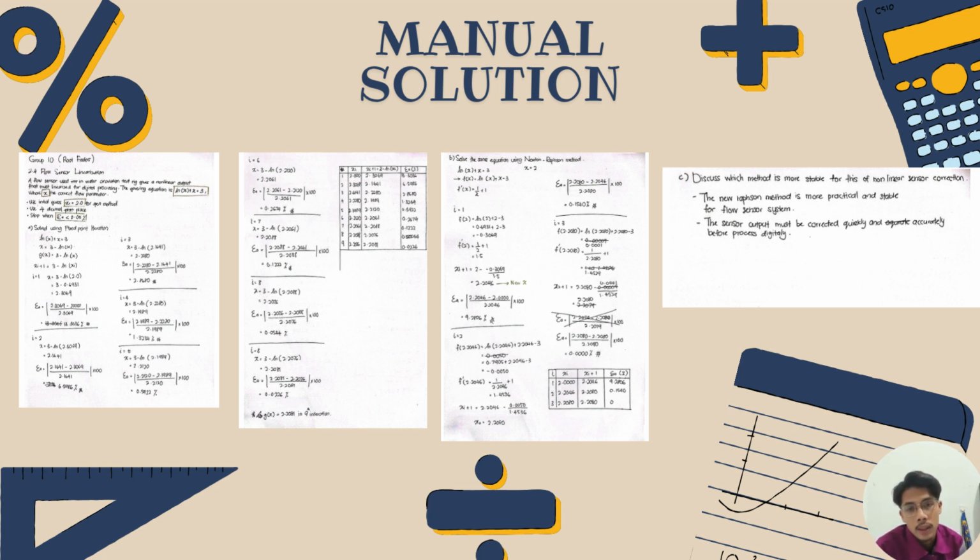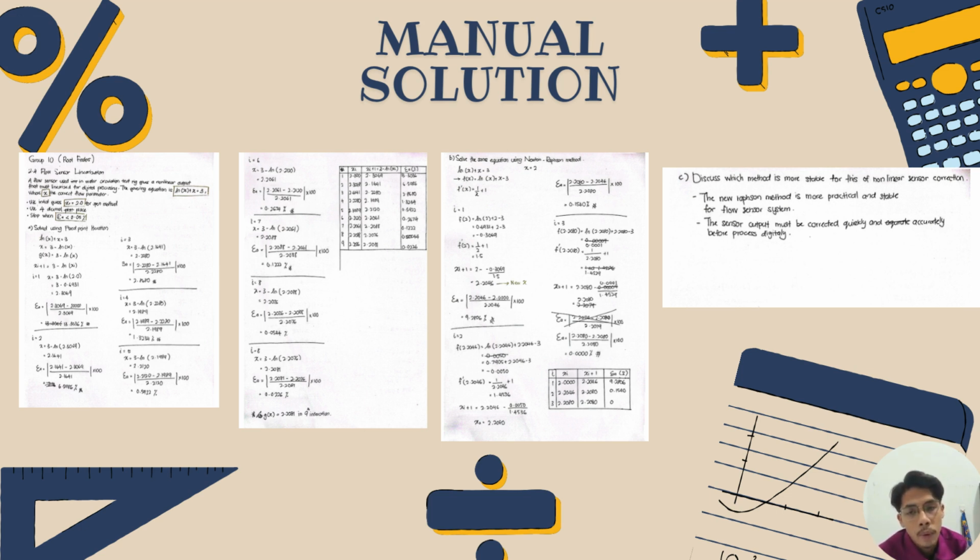First, the equation is rearranged into the fixed point form, which is x equal to 3 minus ln x. So the iteration formula becomes x(i+1) equal to 3 minus ln x(i). The initial guess is x0 equal to 2.0. The calculation is done using 4 decimal places, and the stopping condition is when the approximate error is less than